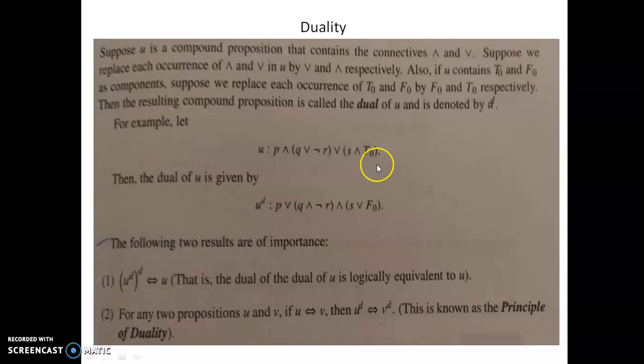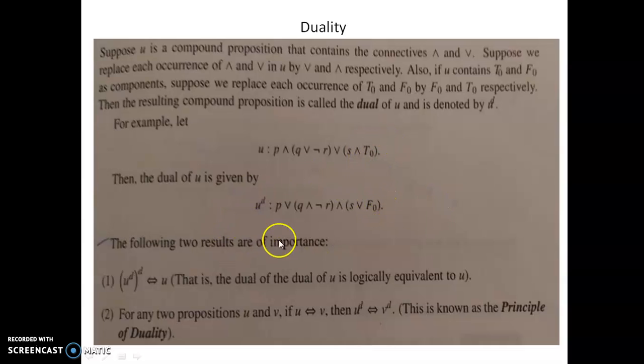let us see, this is our given proposition, and its dual is written over here: p, instead of and, or; q as it is; and instead of or, negation, we need not worry about a negation symbol; and instead of or, again it is changed to and; instead of and, again it is changed to or. And here you need to consider it: instead of tautology there is a contradiction.